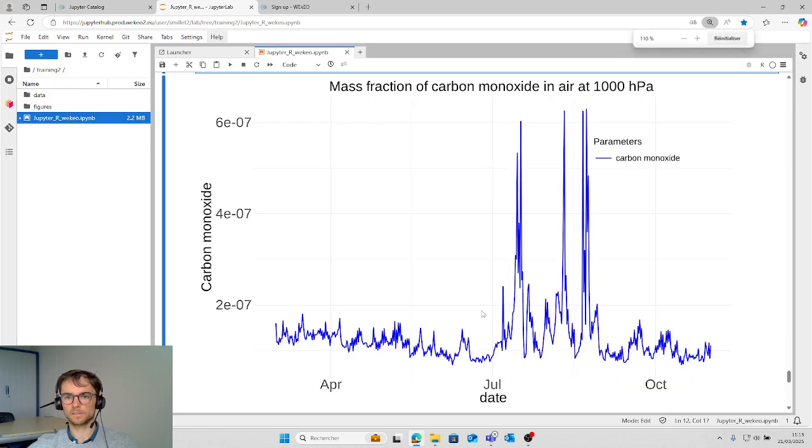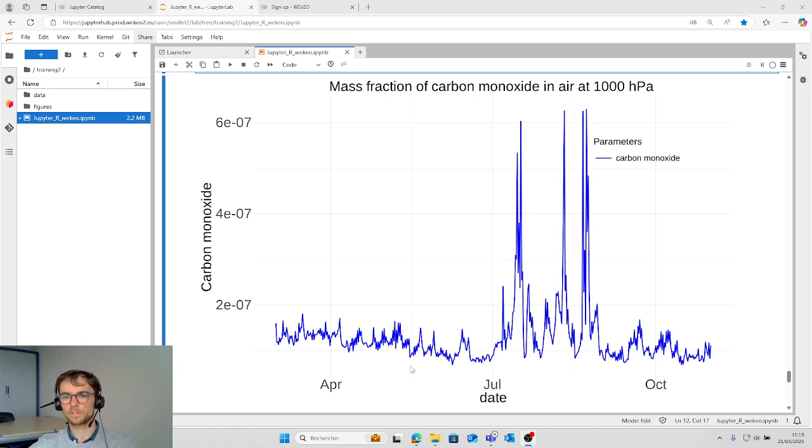So here we see the mass fraction of carbon monoxide in air. It is at 800 hectopascal, that is near the sea level.